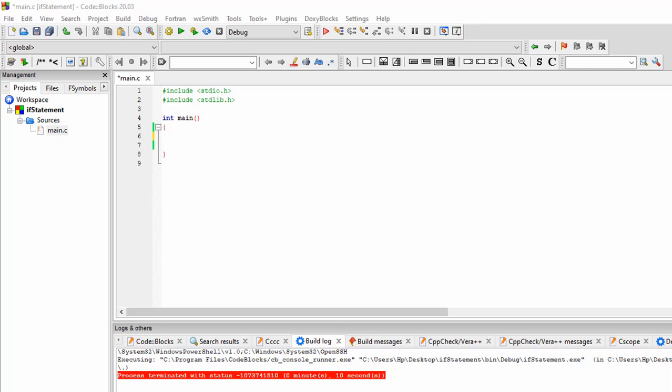Welcome to the C programming lecture series, and in this tutorial we are going to discuss nested if. What is nested if? Nested if is when there is an if statement and this is the block of this if statement. By this block I mean if this condition is true, I am going to execute these particular lines of code which are in this block.